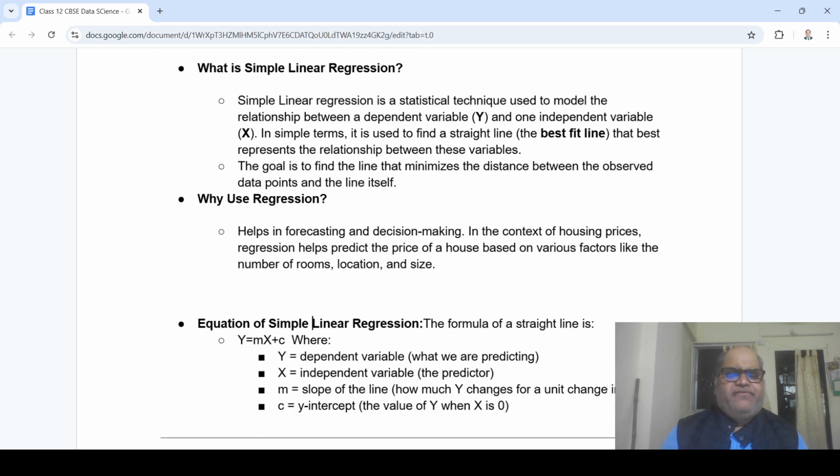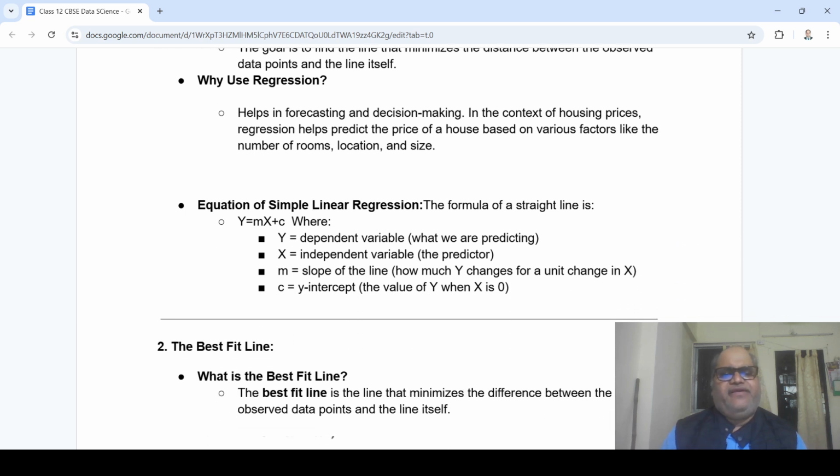After introducing this, for your introductory data science class, board exam, many a time it is asked what is the formula that determines your simple linear regression. But this is very simple. You have to just remember y is equal to mx plus c, and the way you see y here is your dependent variable, basically the variable that you want to predict. Your x will be the independent variable, which is the variable that you use to predict your outcome, and m